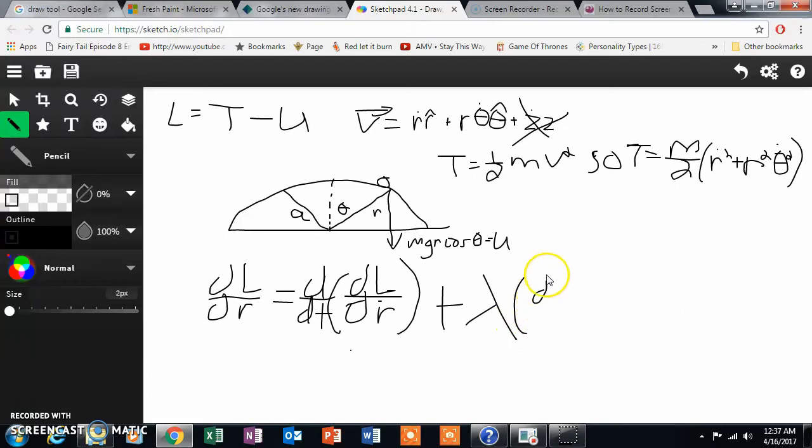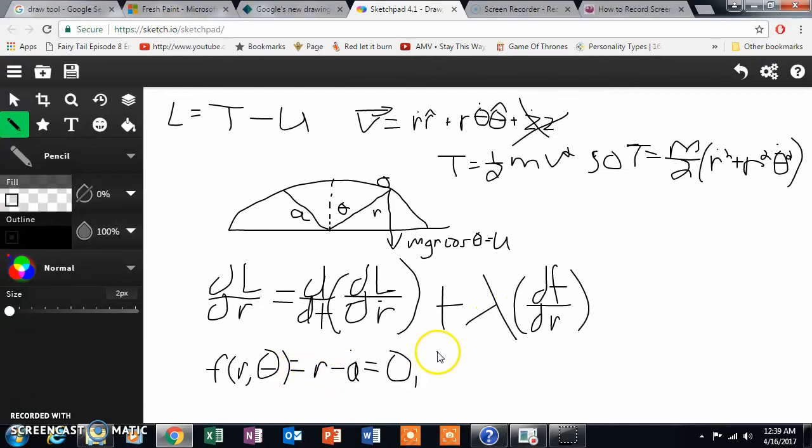Plus a lambda constant times del F del r, and that's our force of constraint. The force of constraint, F, is a function of r and theta. So in this case, F of r, theta is equal to r minus a, which equals 0. So when you take the partial derivative of F with respect to r, you get,